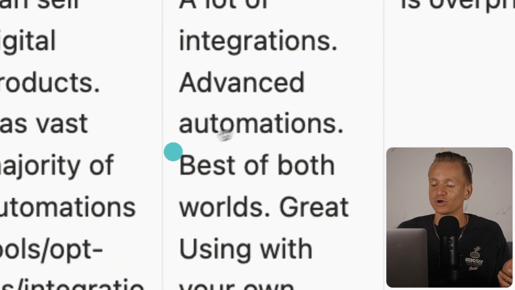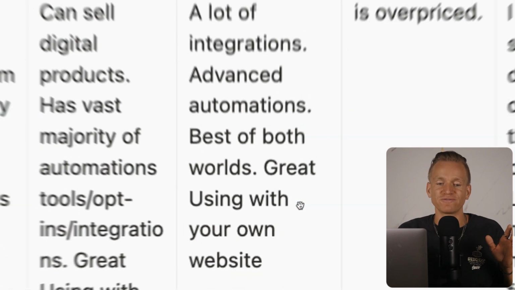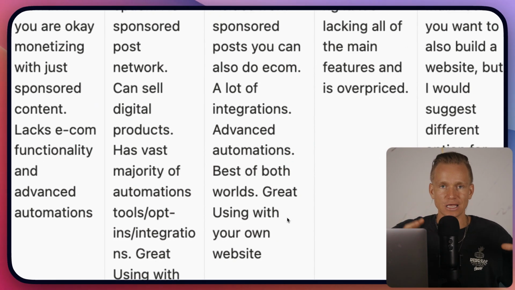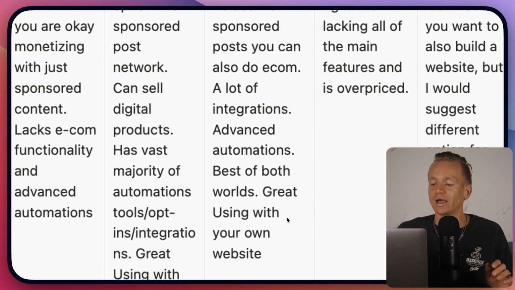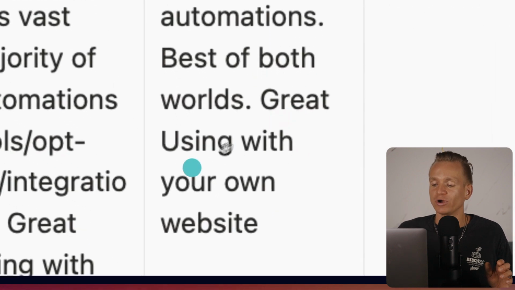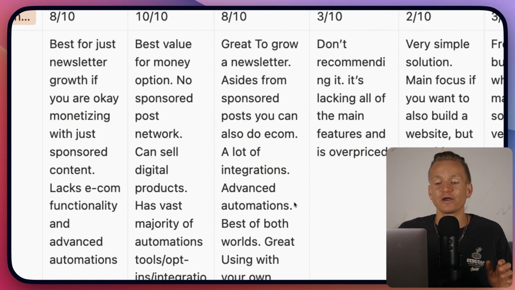Also, there's a bunch of different integrations. They have advanced automations. It's sort of the best of both worlds, because some of the tools are very much focused on the automation side, e-com, and they're more like email marketing software, whereas other tools are just focused on newsletter growth, whereas ConvertKit, I would say, is basically the combination of both, and it's great for using with your own website. It does come with maybe a little bit higher price tag, but it's definitely still good value